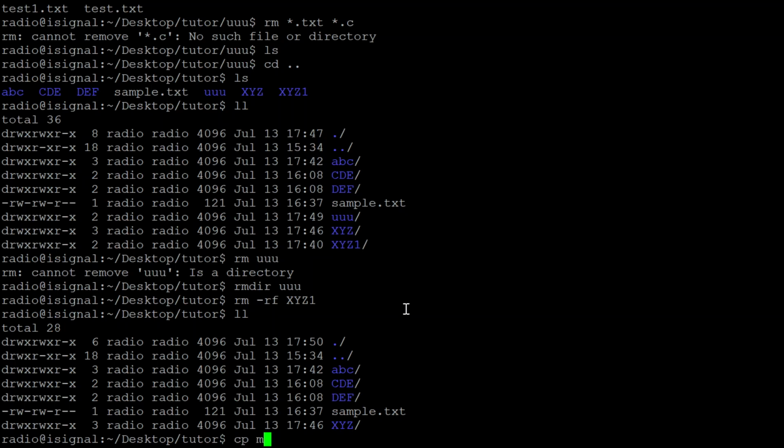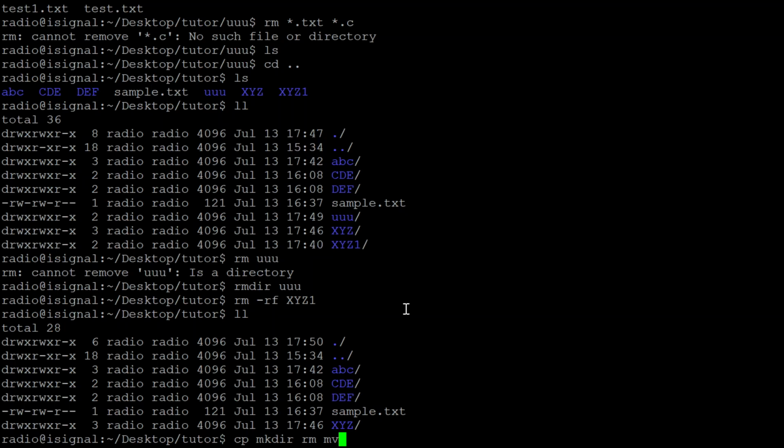One is cp, another one is mkdir, another one is rm, and another one is mv. So these are all the commands which we have discussed. cp is for copying files and directories as well. mkdir is for creating directories, or we can create parent directories as well with the help of the -p option. And rm is for removing or deleting files from that particular directory.